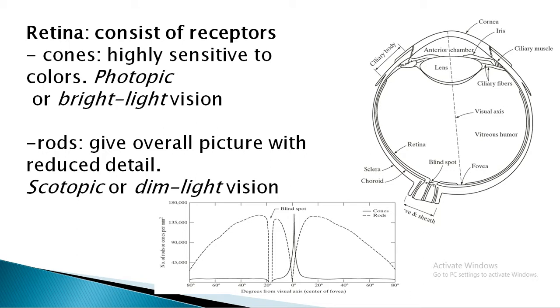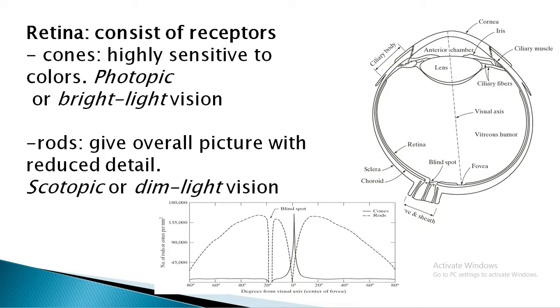Okay, so coming to the most important part, which is nothing but your retina. Here you can see, this is your retina, and it lines the inside of the wall. Whenever the eye is properly focused, the light from the object will be falling on this retina, and then the image is recorded. And the pattern vision also depends on this retina.